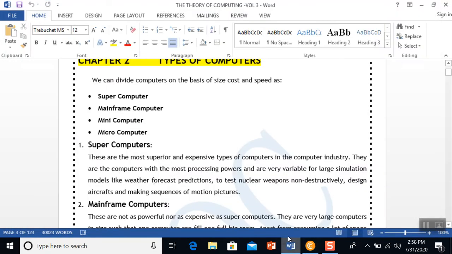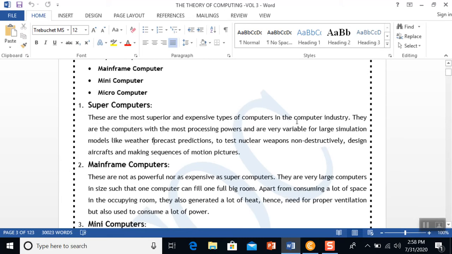We can find these computers in bigger organizations. All you need to remember is that these types of computers are so expensive that an individual cannot afford to buy one. And even if you could afford to buy one, what are you going to use it for anyway? Because they are used for sophisticated things like weather forecasting, and in the movie industry. Those difficult animations that you see are done using this type of computer.